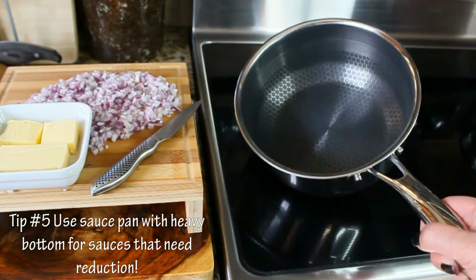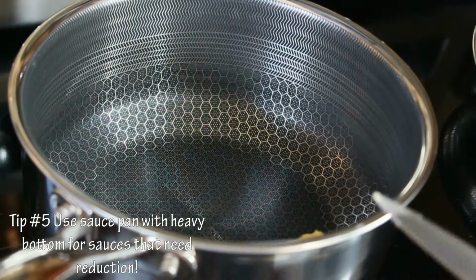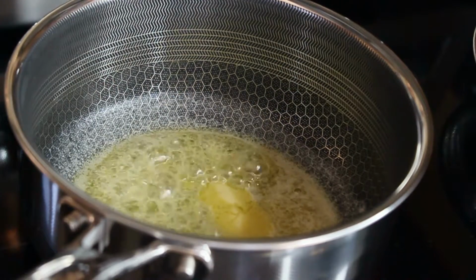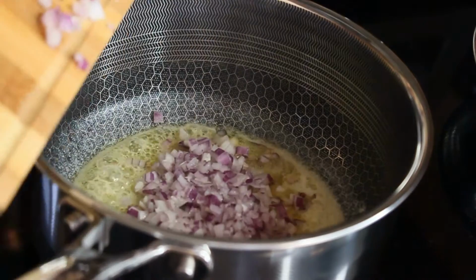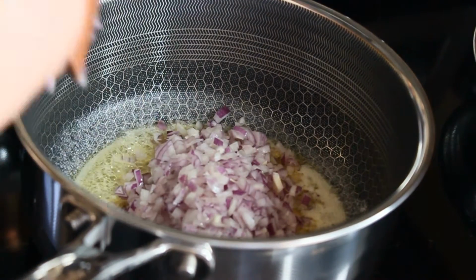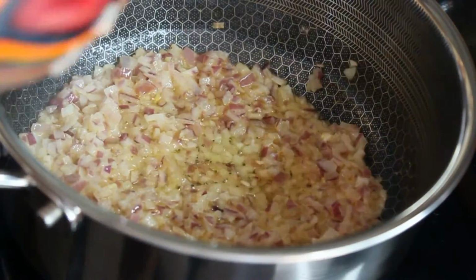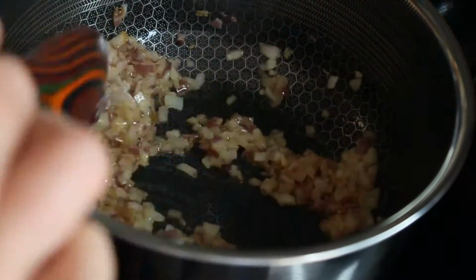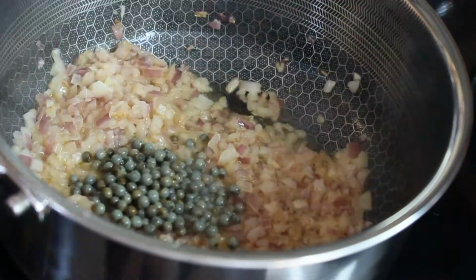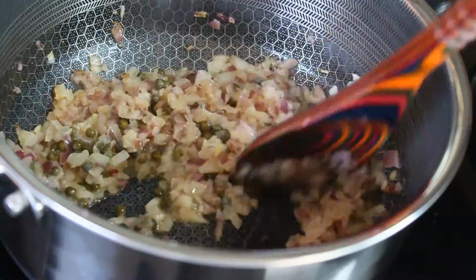To make your sauce, you're gonna need a 2.5 quart saucepan with a heavy bottom, in which we're gonna put 30 grams of butter. When the butter melts and starts making that sizzling noise, we're gonna drop in our finely chopped onion, and we're gonna saute this onion until it's almost translucent. You don't need to brown your onions, since the brownness of the onion can give our sauce a little bit of bitterness. So as long as the onions are soft and translucent, we're gonna put our green peppercorns in it,